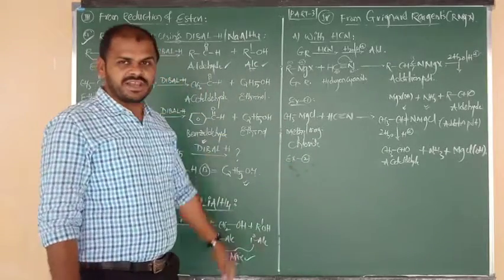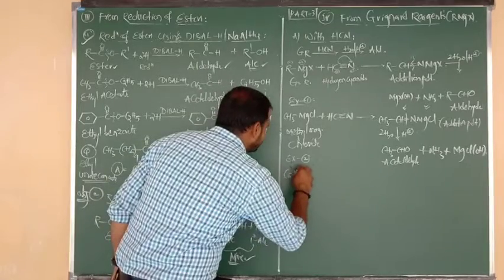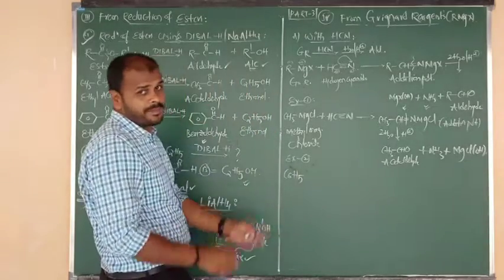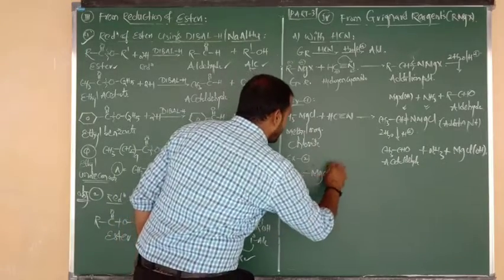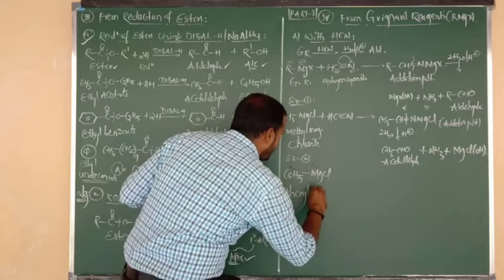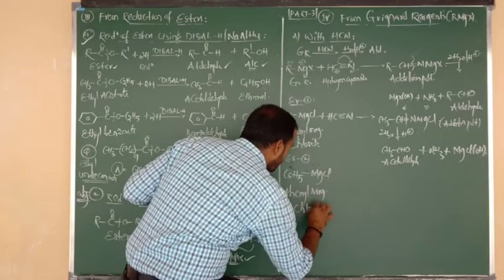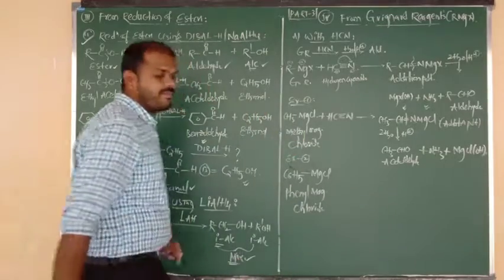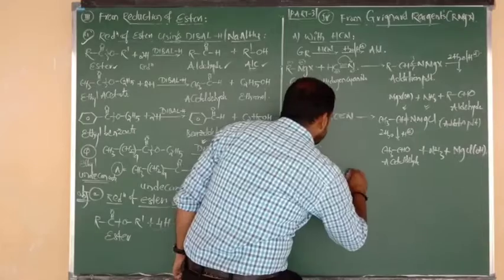In place of CH3, now I am going to write benzene, means we can say C6H5. Otherwise you can draw the benzene ring also. It is connected to what group? MgCl. What is the name of this compound? The name of this compound is called phenyl magnesium chloride. It undergoes reaction with the same thing, hydrogen cyanide.